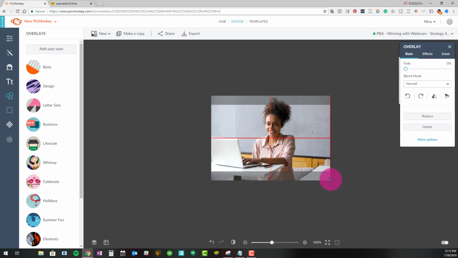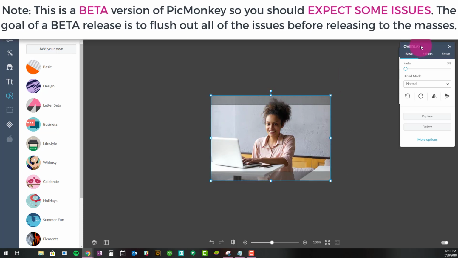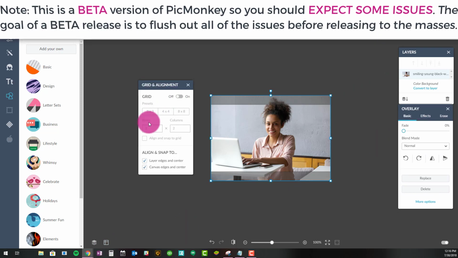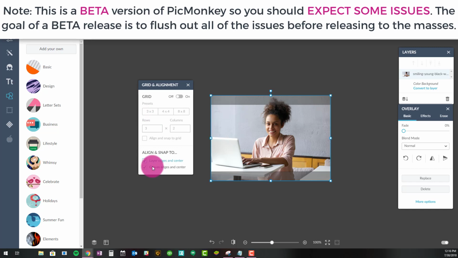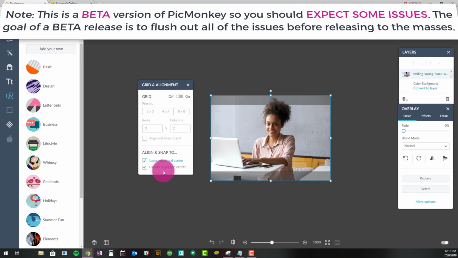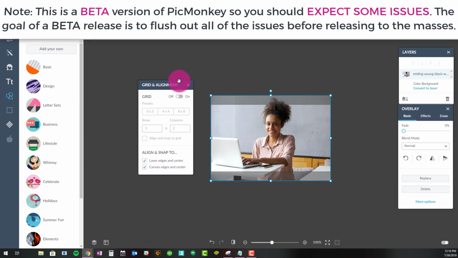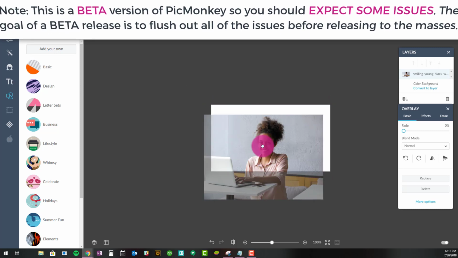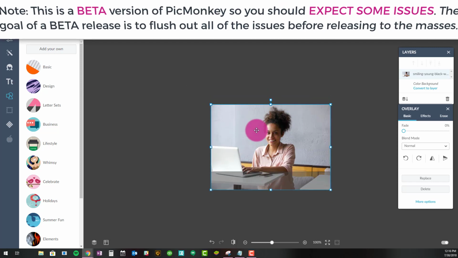Okay, I'm just going to drag it out. Notice that I can tell exactly where it is in the middle, right? That it's exactly in the middle. The reason I have that is because I've turned on, and where are they at? Down at the bottom, I've turned on my options where I can see where the edges and center is. I can also turn on a grid. That helps a lot of people. I don't use that. The main thing I want to know is if it's in the middle,